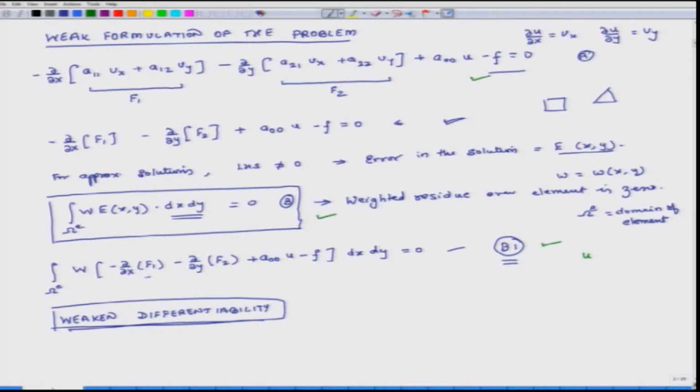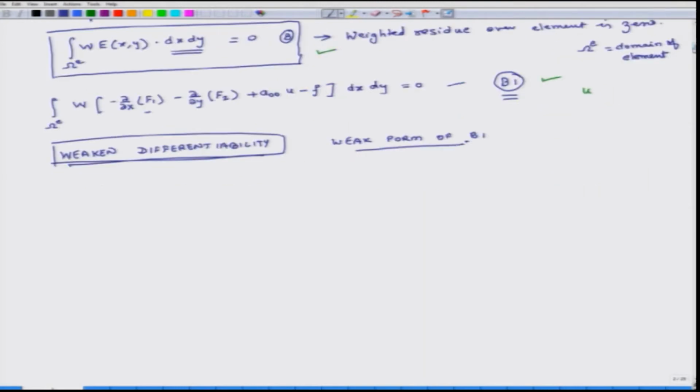So, now we will try to weaken the differentiability by developing a weak form of equation B1. Before we do that, we will write down two or three important relations. So, we will note,